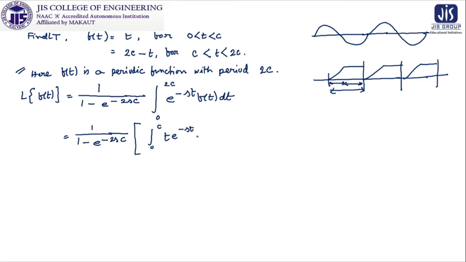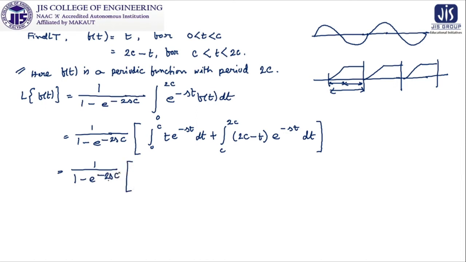From 0 to c, t e to the power minus st dt, plus the integration from c to 2c. Here the expression is given as 2c minus t, so 2c minus t e to the power minus st dt. After that, our job is just to solve this integration problem. 1 by 1 minus e to the power minus 2sc, then